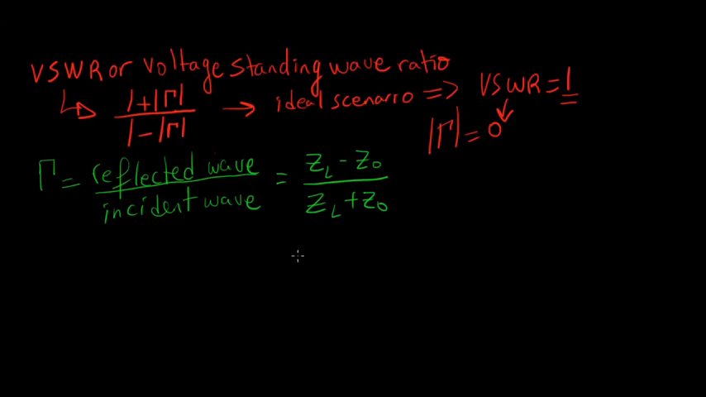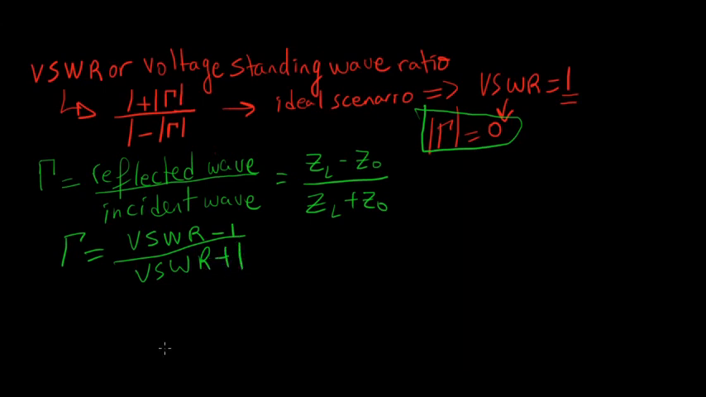and we really want all the power to reach its destination, and that only happens when the reflection coefficient is 0. So we can also write the reflection coefficient as, if we relate it to the voltage standing wave ratio, and again, best case would be